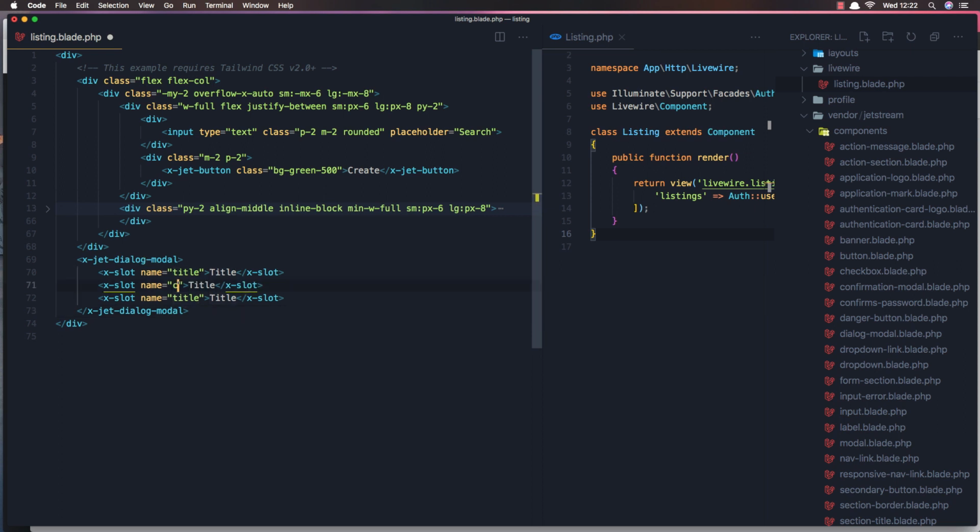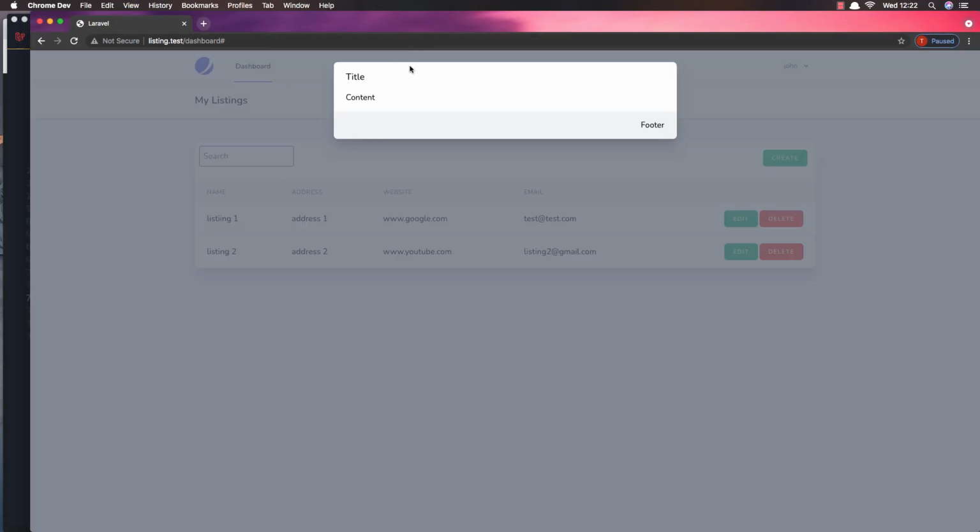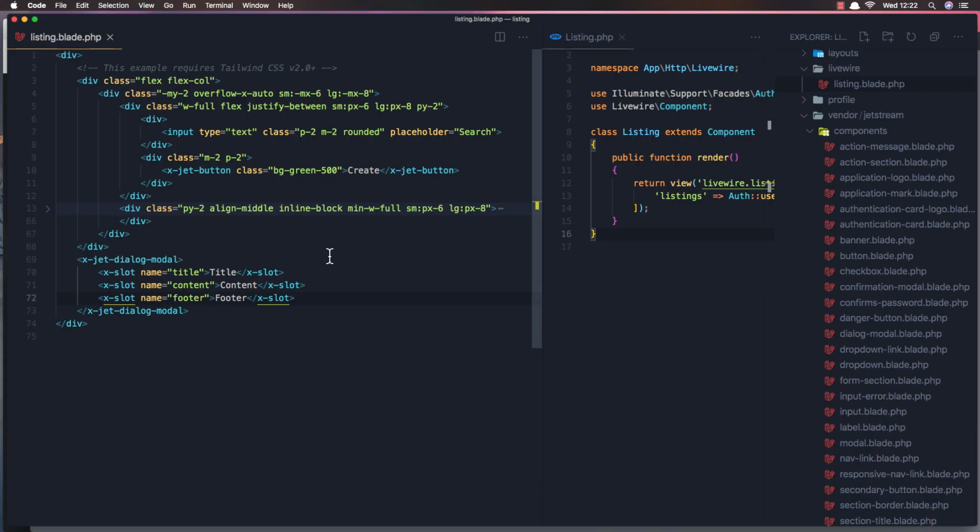Okay, this is going to be the content, and add content here, and here is going to be the footer. Okay, footer, save and come here, refresh. Yeah, here is the modal, but we want to show this modal when we